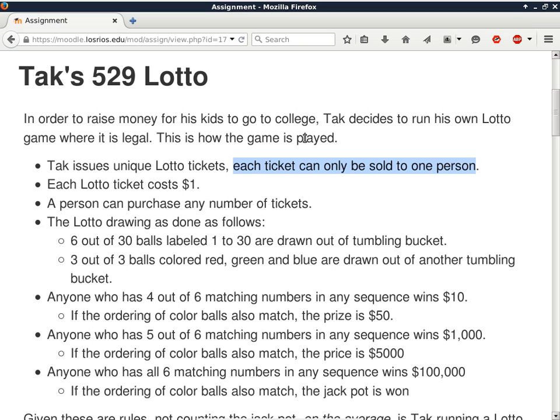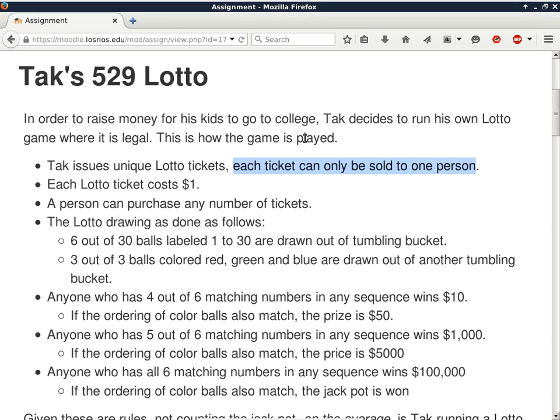So these are the 6 possible tickets with the same 6 numbers. There won't be another ticket with 1, 2, 3, 4, 5, 6 in a different order, because with the numbers, the ordering is not important.